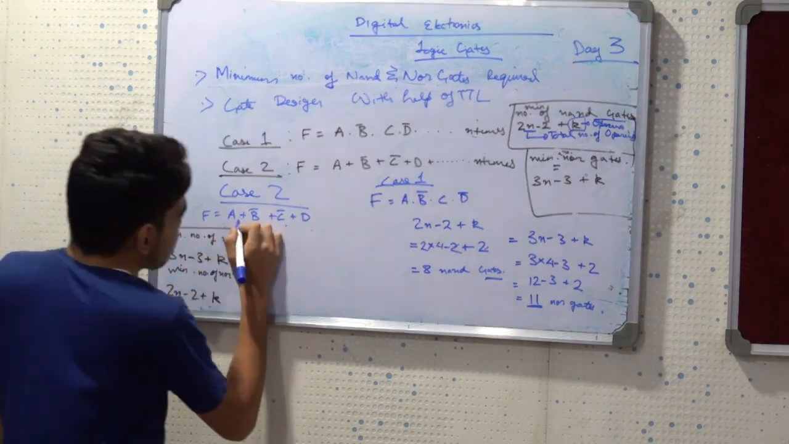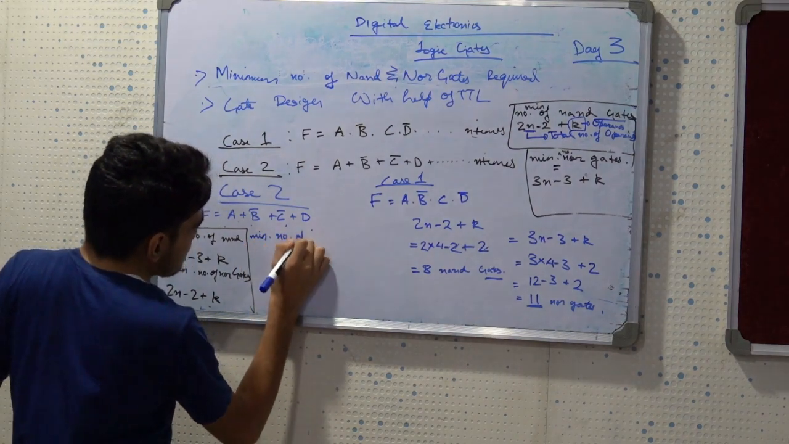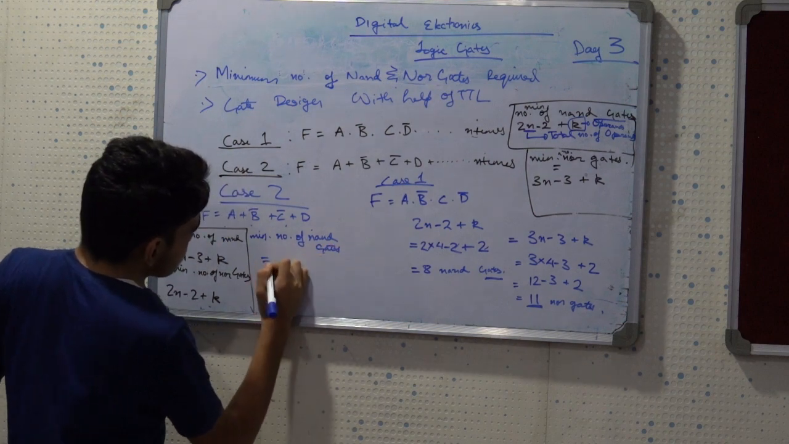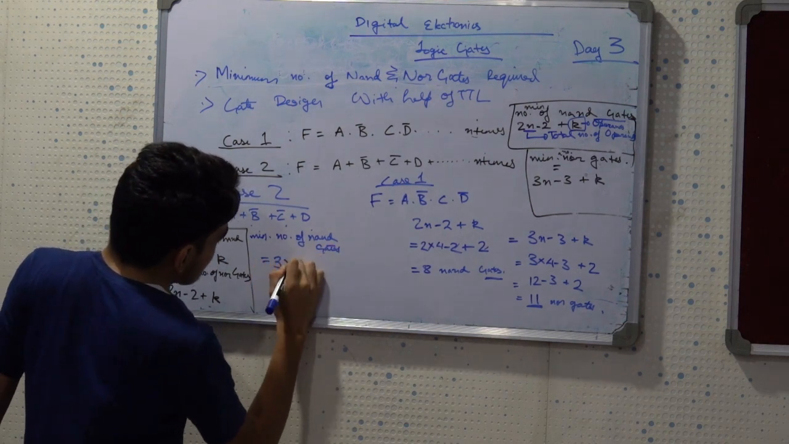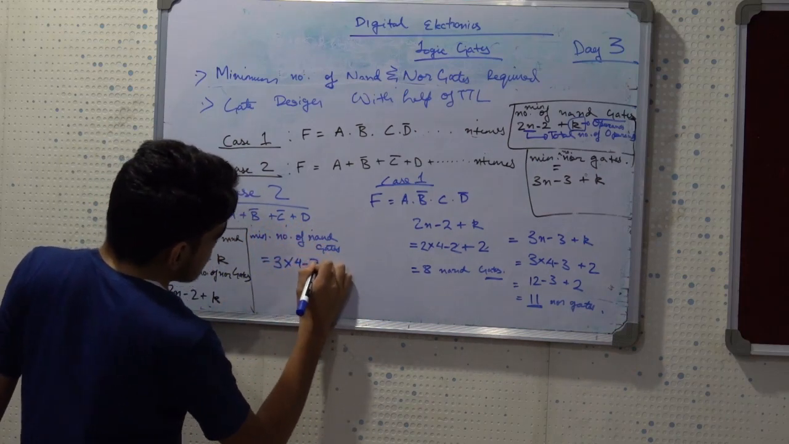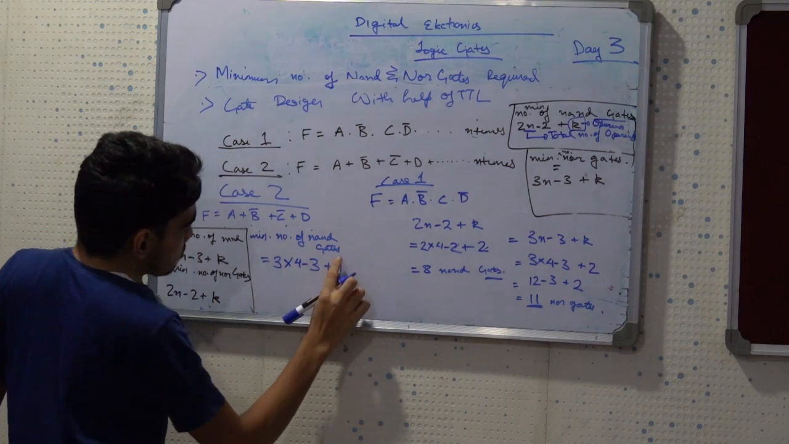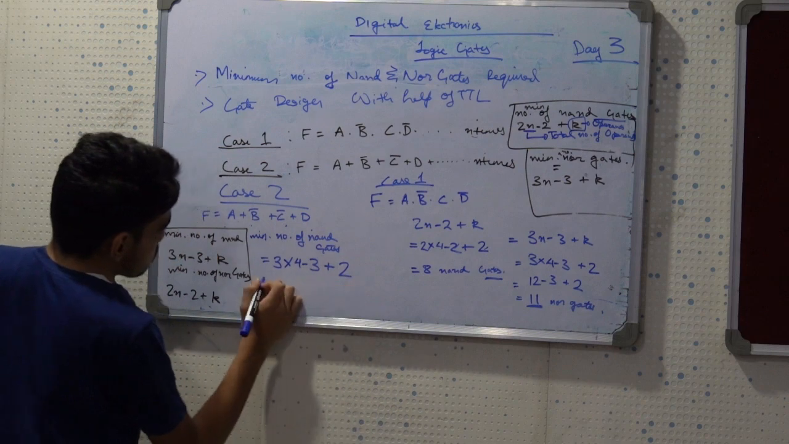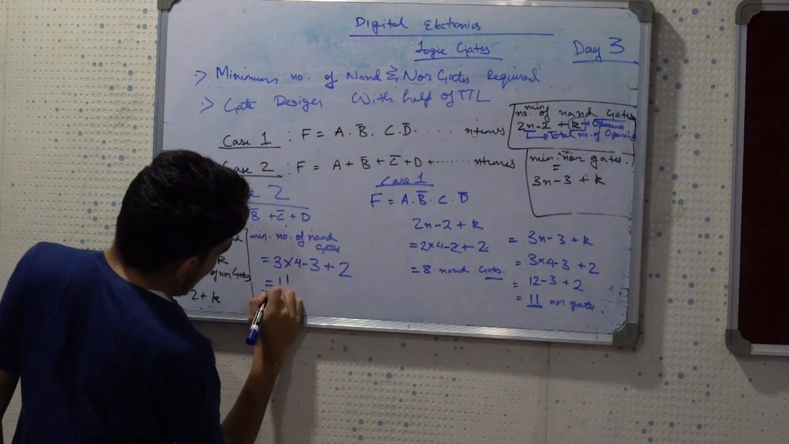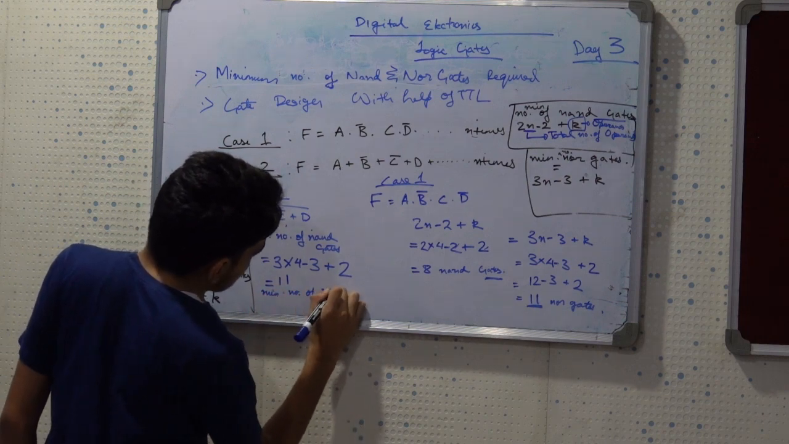So over here there are 4 variables and 2 are in complement. So the minimum number of NAND gates is equal to 3 into n, n is 4, minus 3 plus k. K over here is 2. So if I find this, it will come to 11. And the minimum number of NOR gates